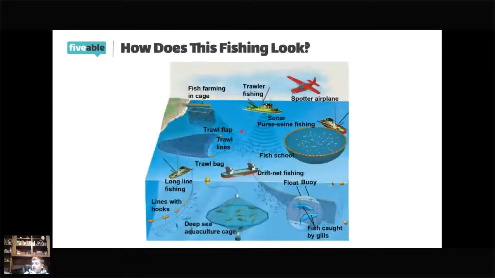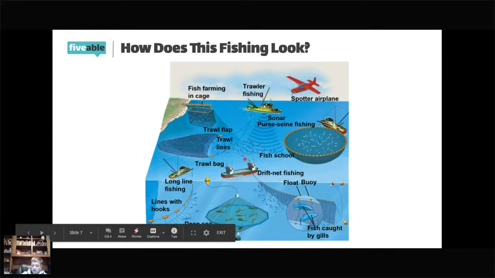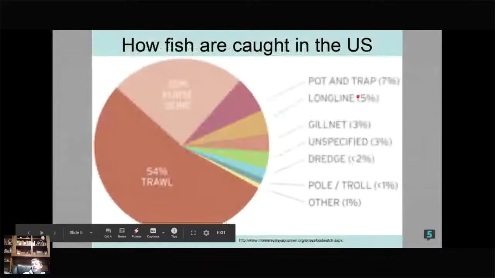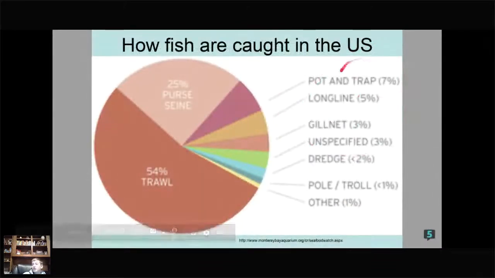So which one of these is an example of driftnet fishing? You're right, it's down here. So there's the ship, just like I said, and the nets get put down, and there are these long, long nets that the fish try to swim into, but then their gills get caught. So that's not good. But it gets you a lot of fish with not a lot of work. So let's see, what percentage of fishing is that? That's some of these types of fishing over here. So it's going to be less than a quarter of the ways that we fish in the U.S.